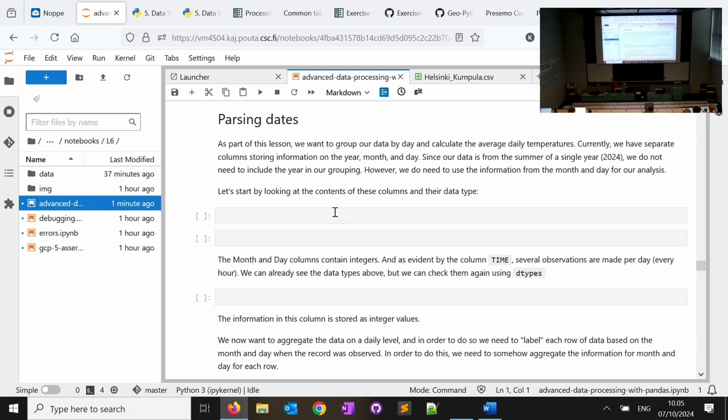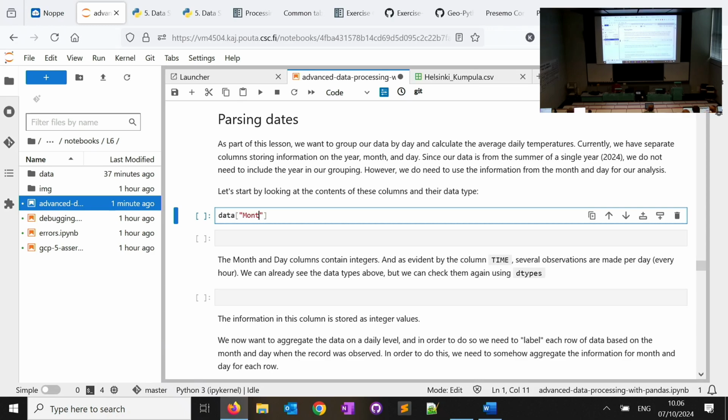We want to parse the dates in a way that we know that these readings are from the same day, so I put them together, and these other readings are from another day. That's what we are trying to achieve now, but it will make more sense when we actually start doing it. So let's look at the columns where I have the date information. I will first look at month.